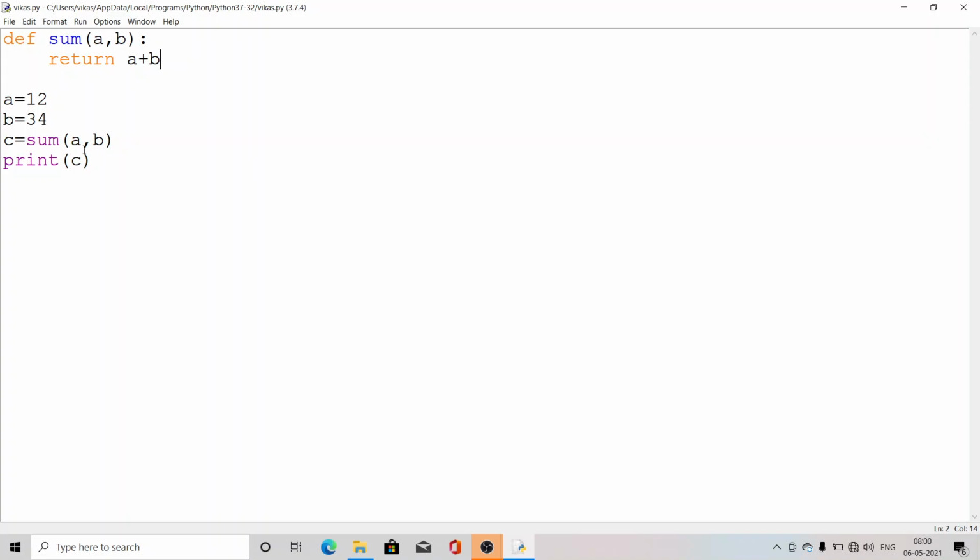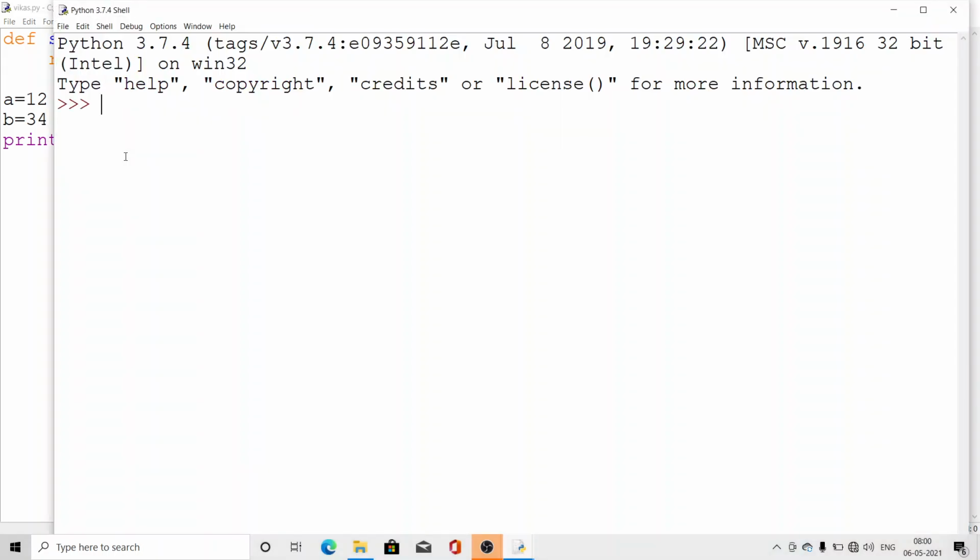The first way, I may hold the return value in a variable, then display that variable. Otherwise, I may use print inside the call sum(a, b). Clear? Now see, same output we will get, 46.